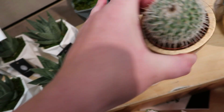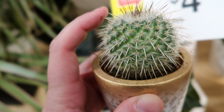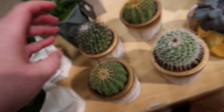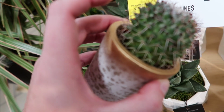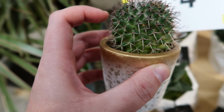I'm just gonna do this one here. Look at that. Wow. That's a beautiful cactus right there. The leaves or the spikes are definitely a lot harsher. This one's beautiful. Look at that with the dark. It has that fuzziness on top. Again, the spikes are definitely a lot harsher. Purple